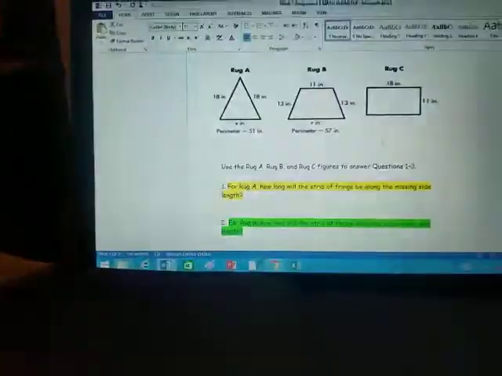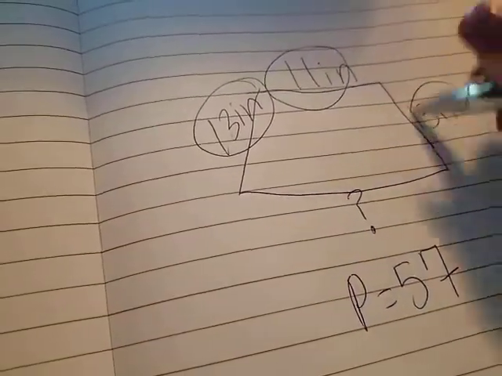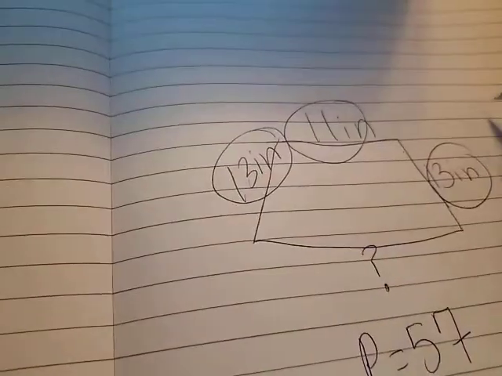11 inches, 13 inches, 13 inches, but we don't know what this one is. But we do know that the perimeter is 57. So once again, this time we need to add this number, and this number. So 13,